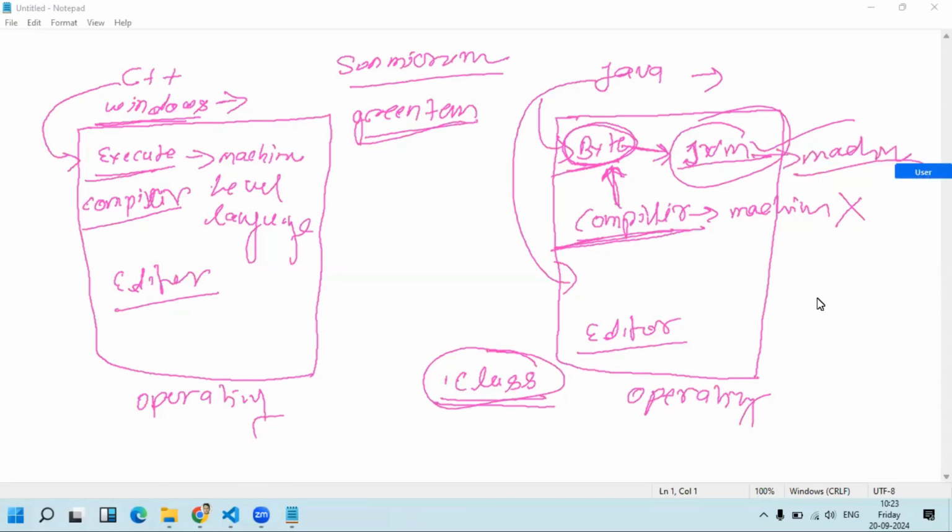This JVM generates the unique machine level code that every machine can understand, because it generates the code from bytecodes, right? So every machine can understand it, no matter whether it's a Windows or a Linux operating system. So these are the differences between Java and C++, right?